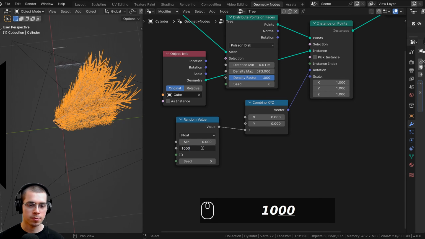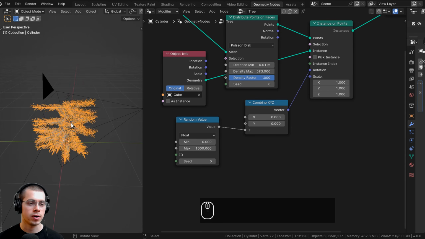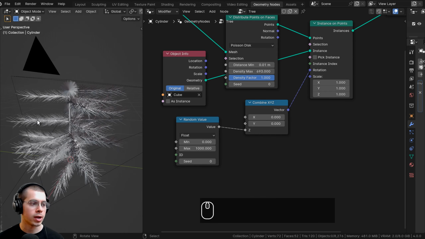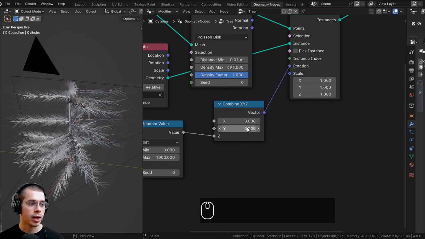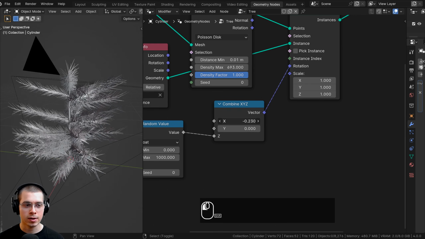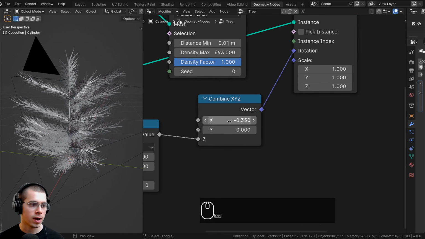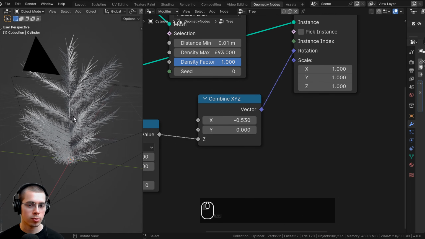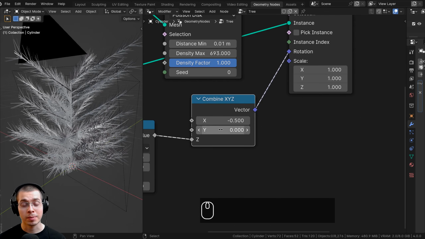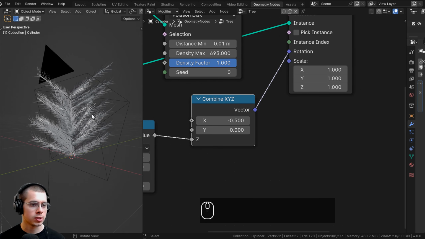And then here on the maximum value, I'll turn that to 1000, so it's very random. So you can see they're all randomly rotated around. And then I also want to take the X value and I want to drag this down into the minimum. So we're going to drag it into the negative values. And this way you can see the tree branches are going to be pointed up. So I'm going to turn the X value to a negative 0.5 so that the branches are pointing up just